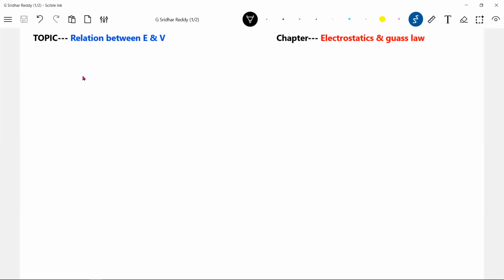So now we know, due to a point charge, what is the electric field due to a point charge. Already once again I discussed; for your benefit, once again I'm bringing it. So at point P, what is the potential? KQ by R. And we know what the electric field strength is? KQ by R square. Shall we differentiate this?